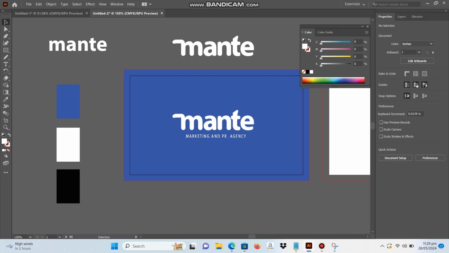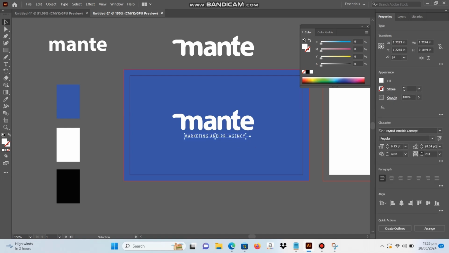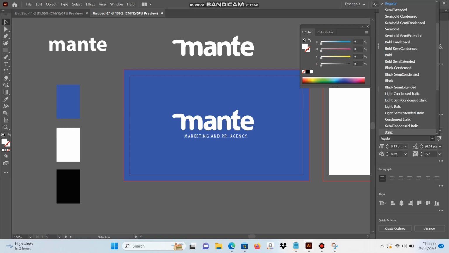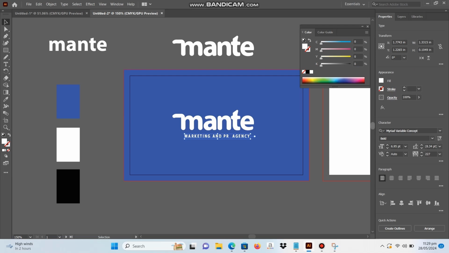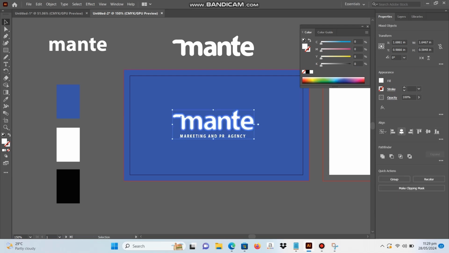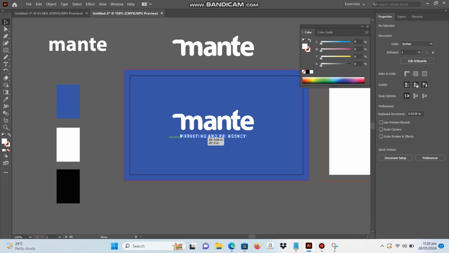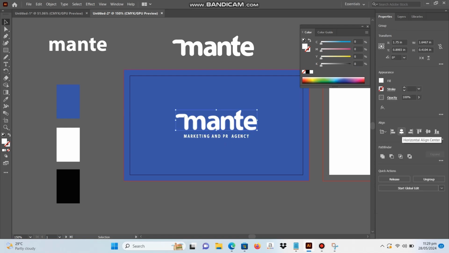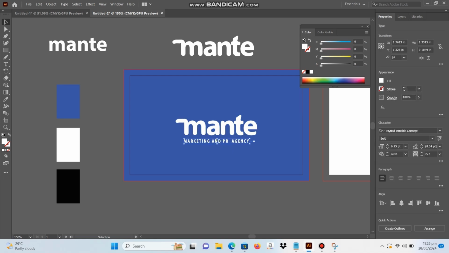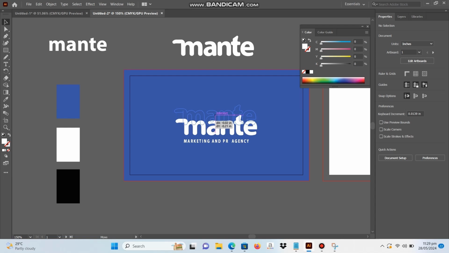Simple and minimal things are good to go. So how I'm gonna do it? I'm just aligning this sentence or name with the center, and just putting it down and giving some space between the name and the name of the company. And you can see it by doing a little bit of tweaking here and there from the left side and right side.